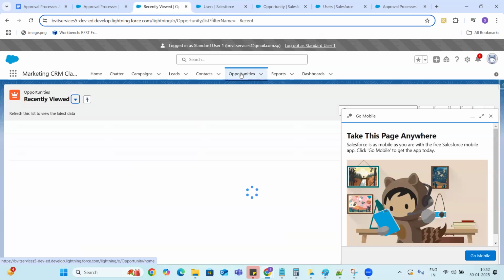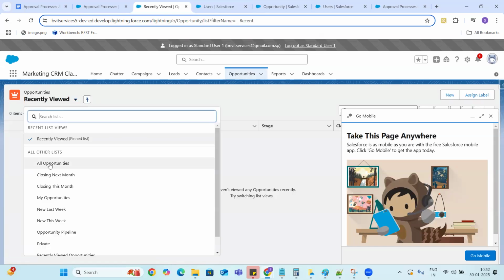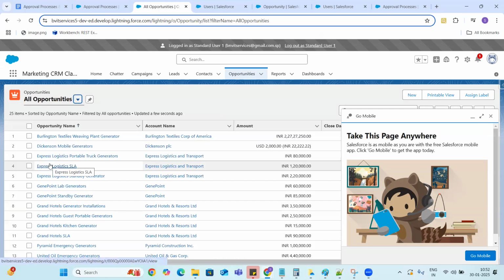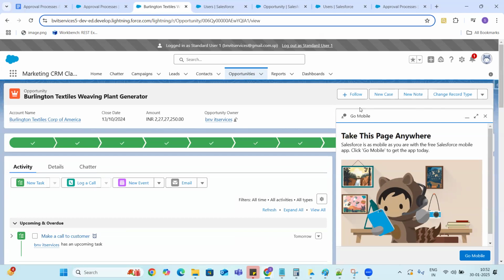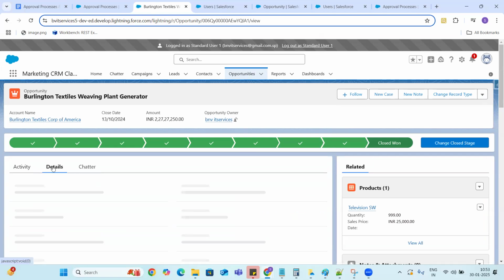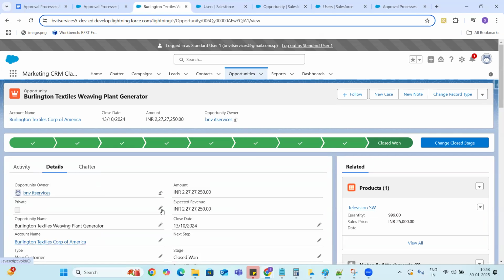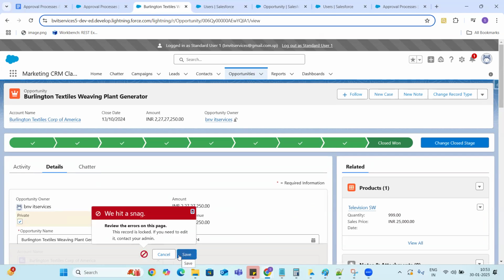Going to the opportunities. This is the one. Okay. So if I go to the details, for example, let me just try to change the private value and click on save.